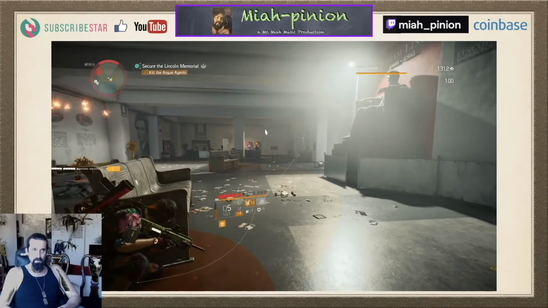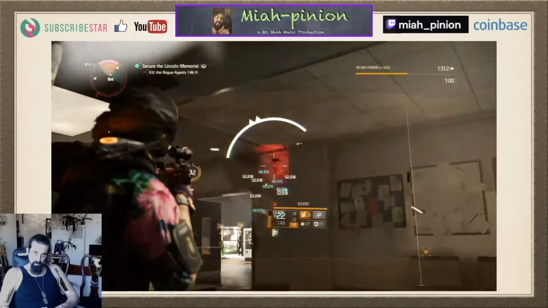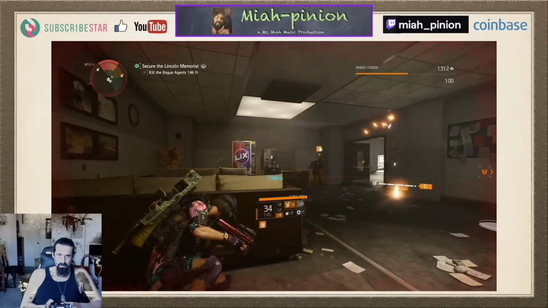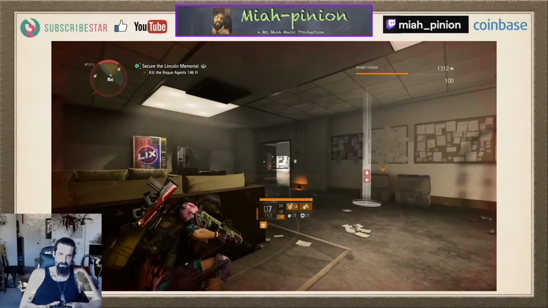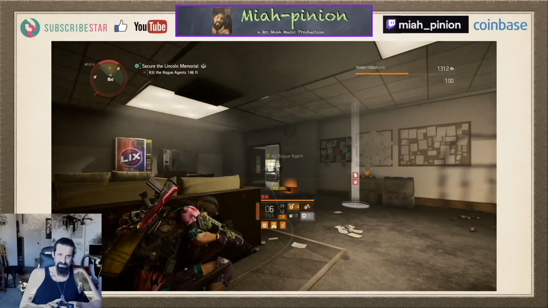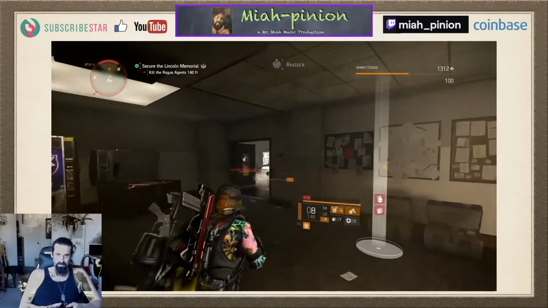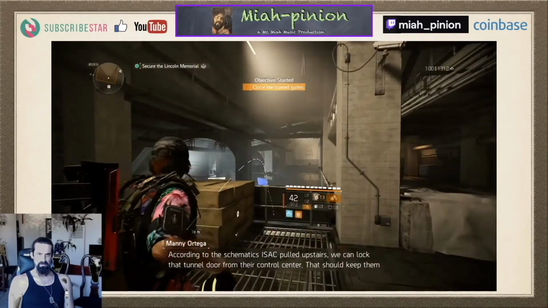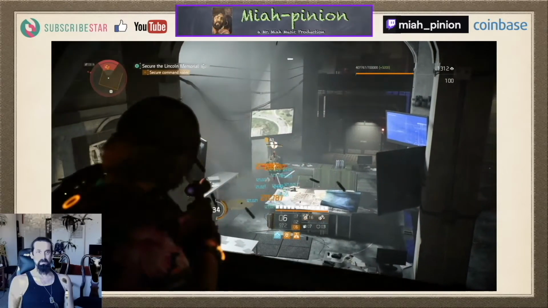Assault turret detected. Rogue Stinger Hive detected. Rogue Mender Seeker Mine detected. Rogue. According to the schematics I just pulled upstairs, it will lock that tunnel door from the control center. That's the extent of the force of more explosive